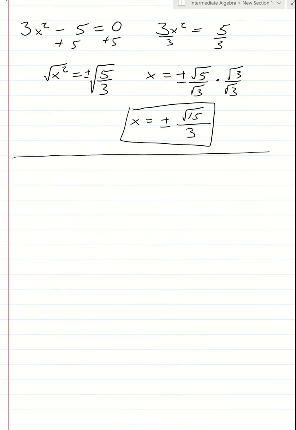Let's take a look at another problem. Let's say we have x plus 3 squared equals 25. Now, I could have given you a problem like this back in chapter 7 when we first talked about solving quadratic equations. Remember, these types of problems required a lot of work, in that the first thing that we would